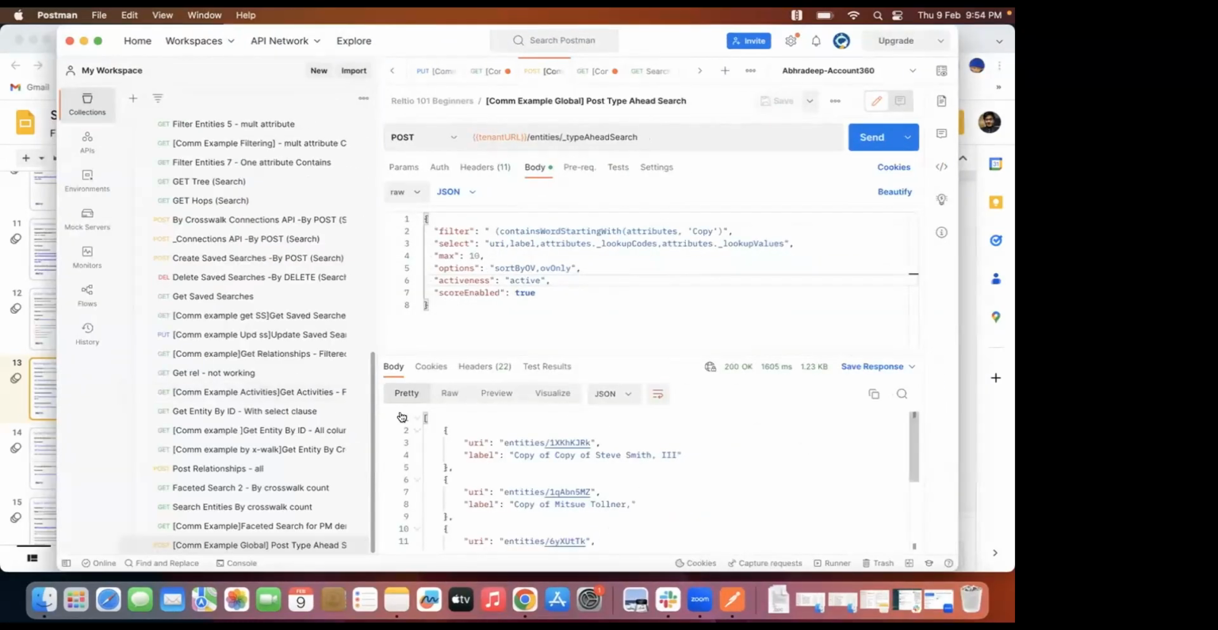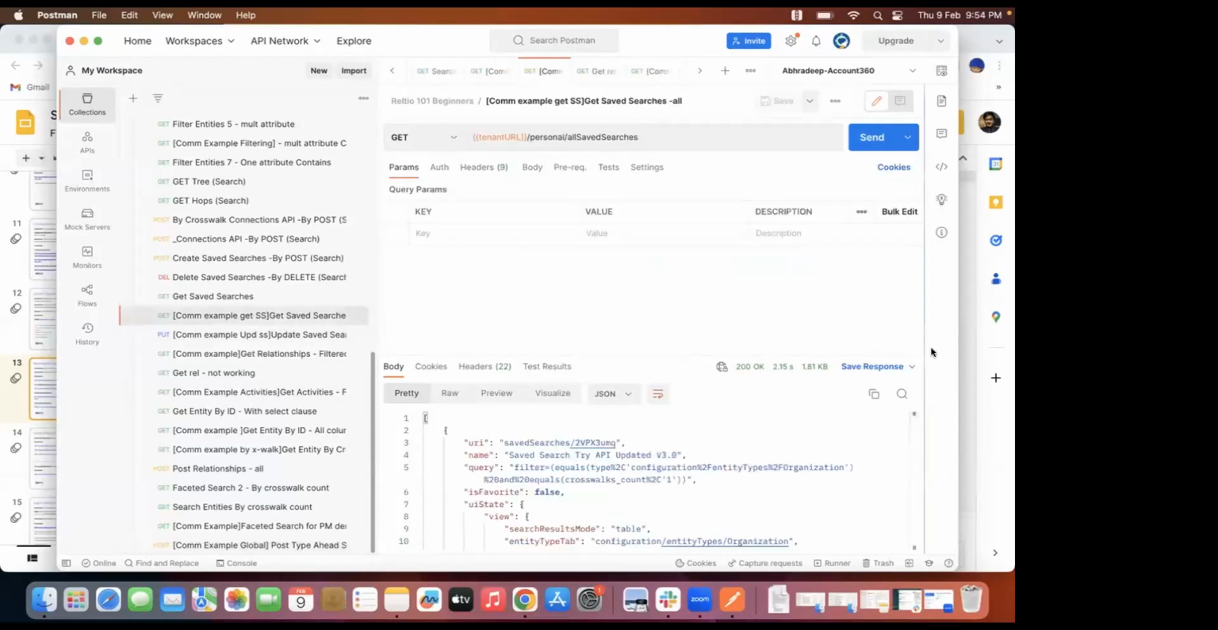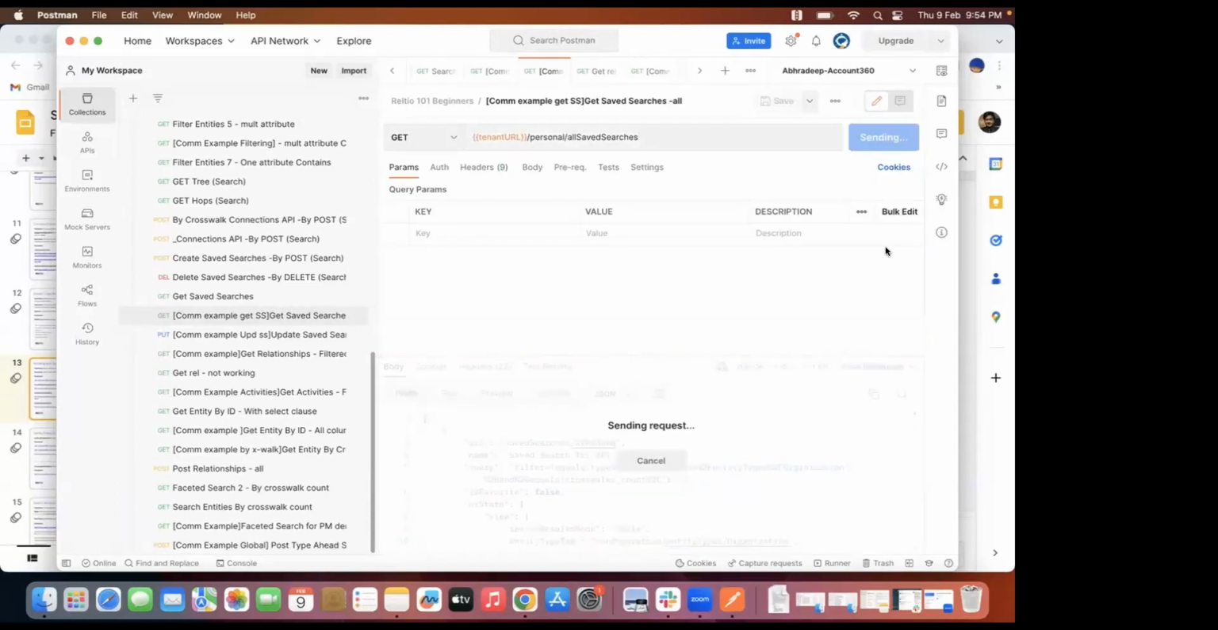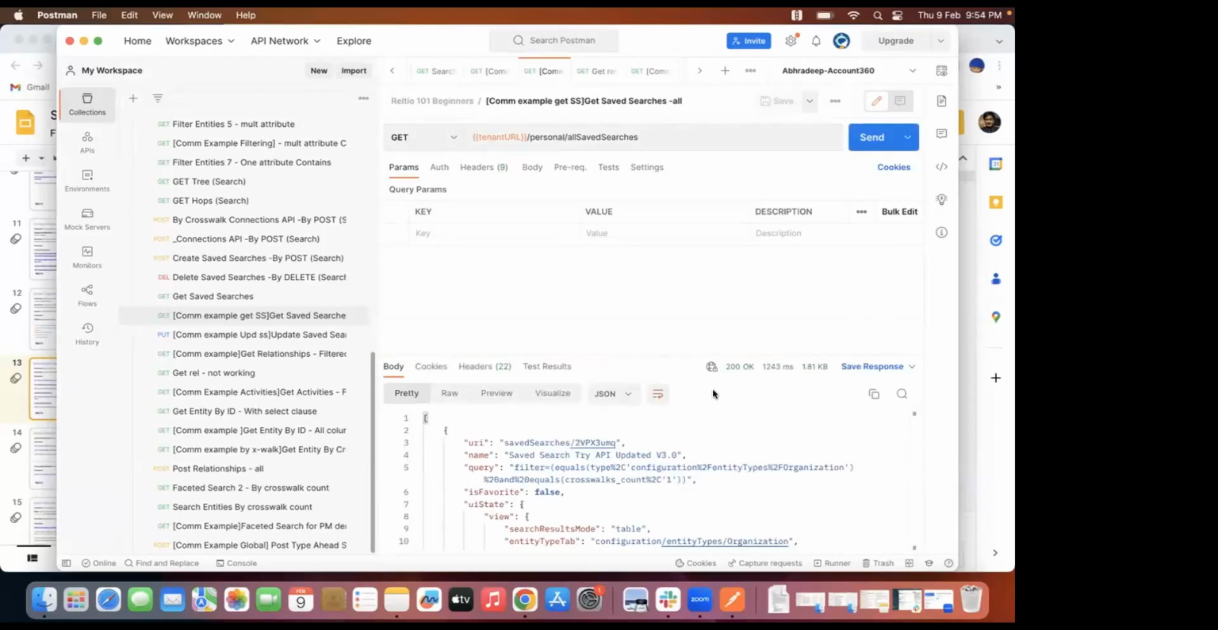So if I go back here, this basically says, give me all the saved searches that I have. I'm on the same environment, I'm executing this, and as you can see, this is a URI of a saved search, and this is the name of the saved search: saved search try API updated version 3.0, right? This is the one he is working on. I'm not going to create or delete anything, but I'll do a harmless update of one of the searches that we have in saved mode. So remember this